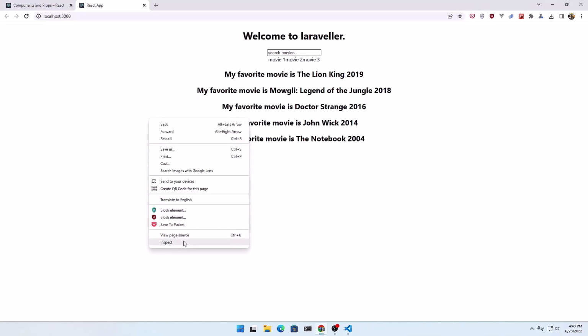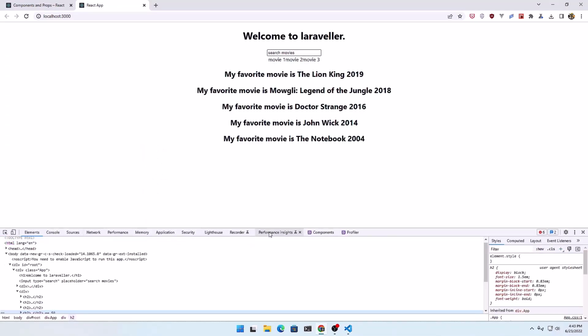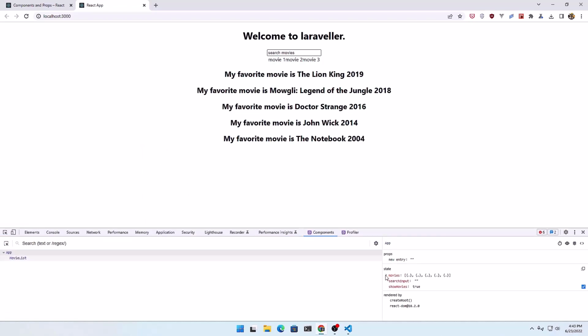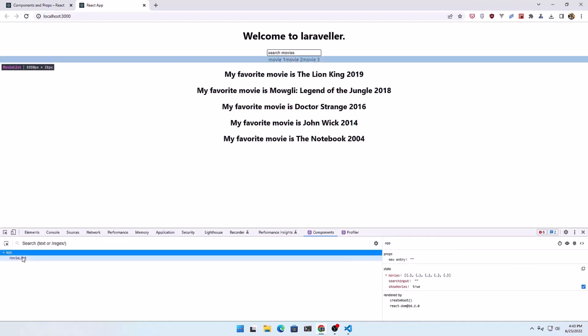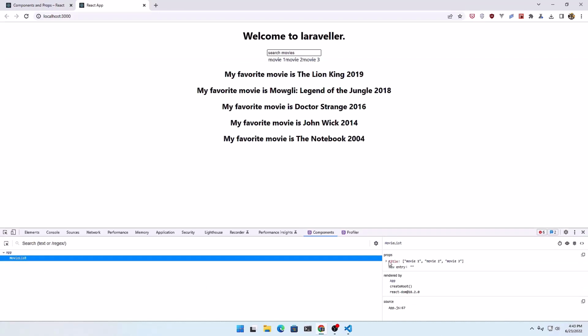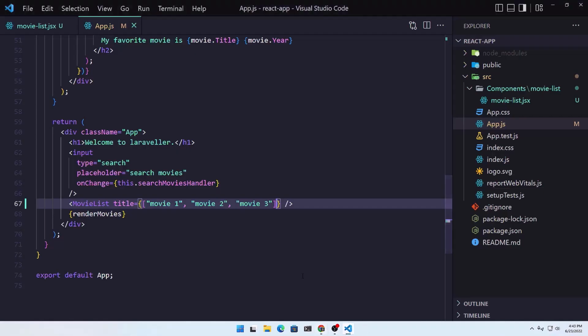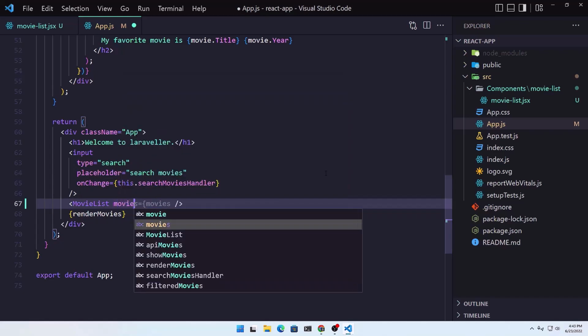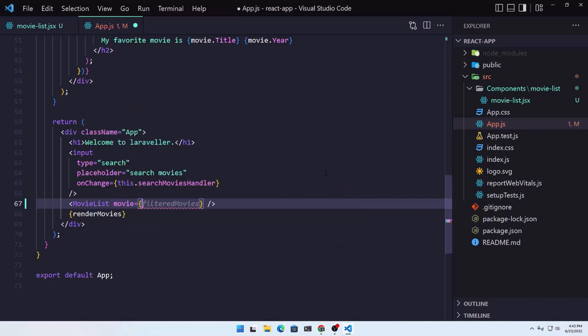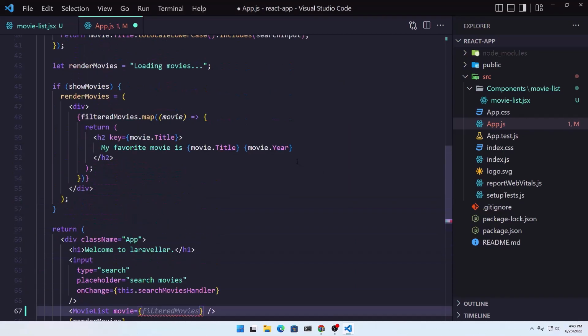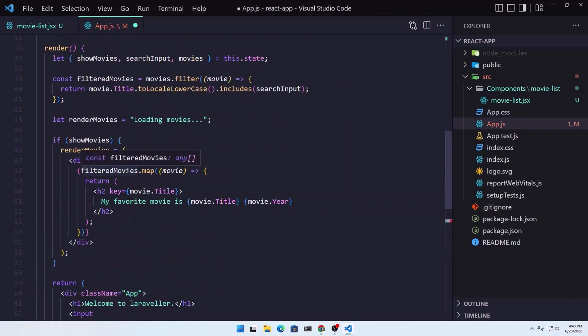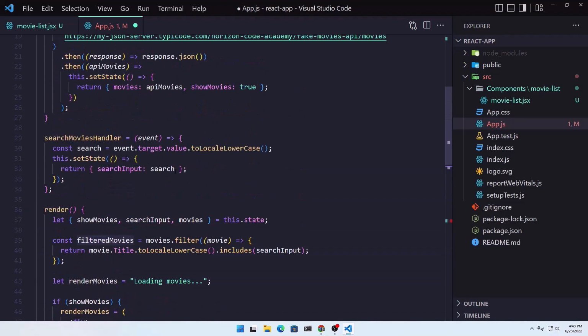And of course, if I inspect elements, go to the components here, you can see in the movie list now, we have the title, which has an array with 3 elements, movie 1, movie 2, and movie 3. Now we don't need the title, but we need the movies. So let's say movies here, and I'm going to add the movies we need to display. And we need to display the filtered movies, not the movies we get from the